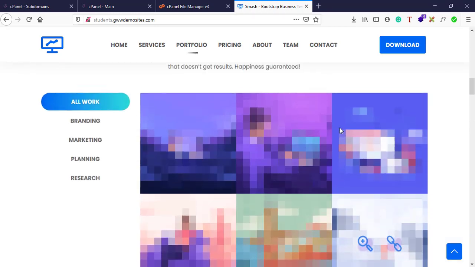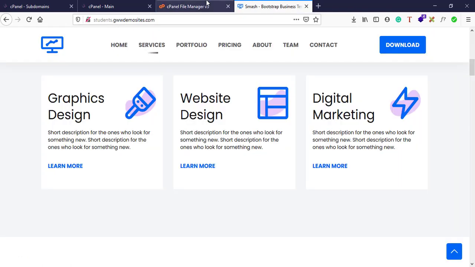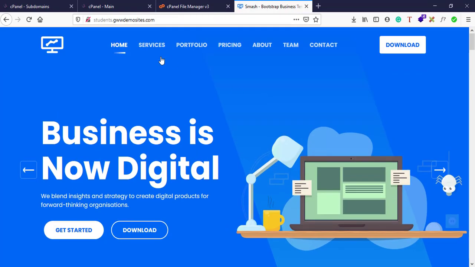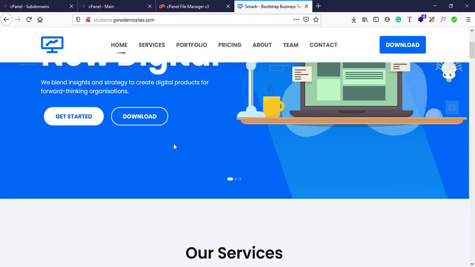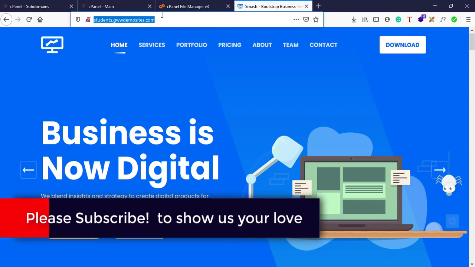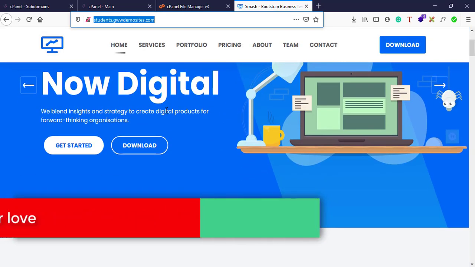There is some issue going on with this icon. I think we can rectify it within this HTML file. This is just a one-page file. Maybe the assets or the URLs for those assets are not linked correctly because we changed the directory. You don't have to worry about it, but most of the content and design has been downloaded. So our main goal was to create a subdomain and host a static site inside it.